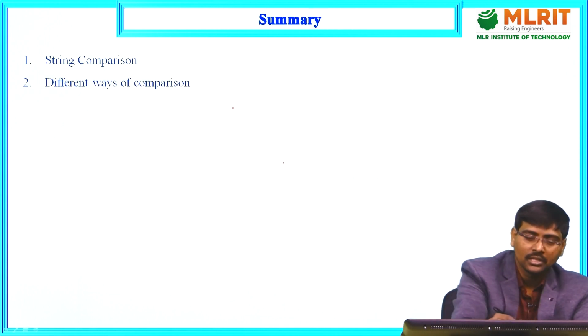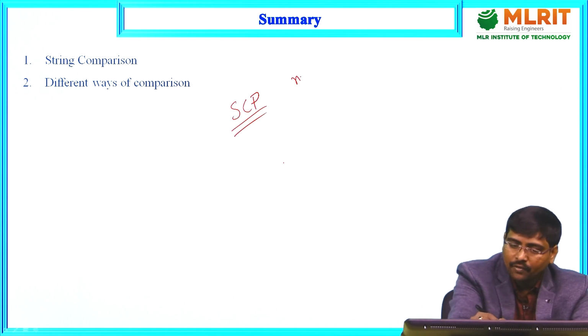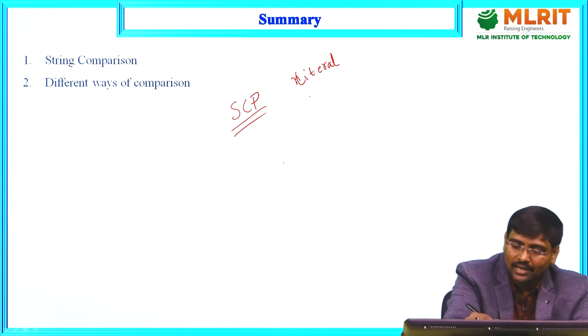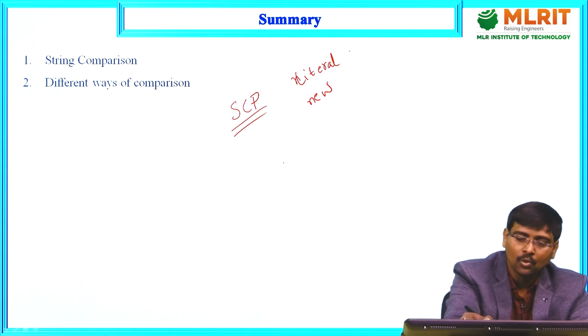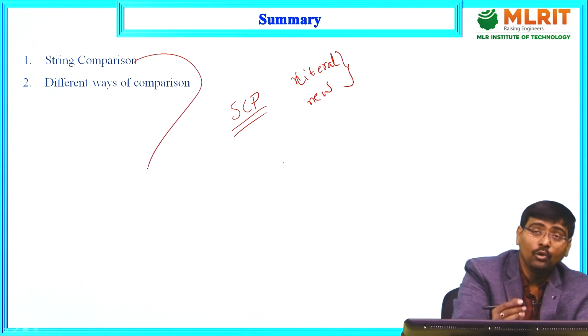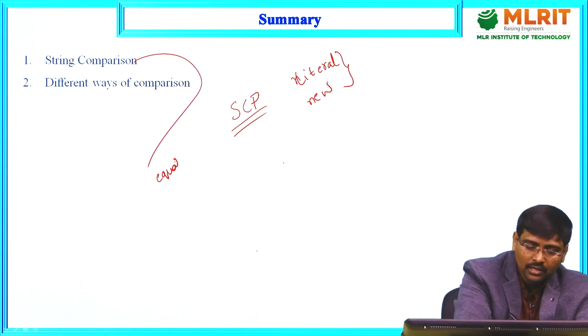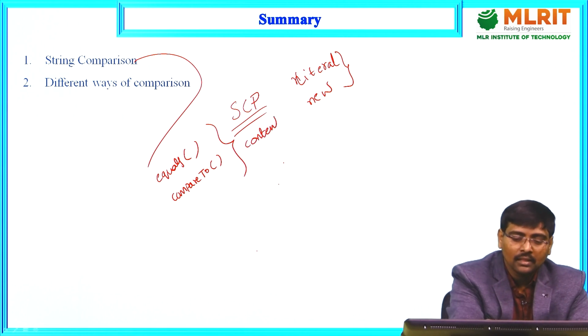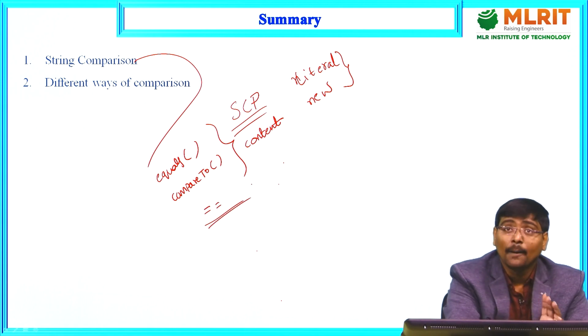Now, what we discussed? What is the string constant pool? What is the difference between creation of a string by using a string literal and by using the new operator? Now, how to perform the string comparison? Either the equals method or the compareTo method. These two methods are used to compare the strings based on the content. Now, the equal to operator is used to compare the strings